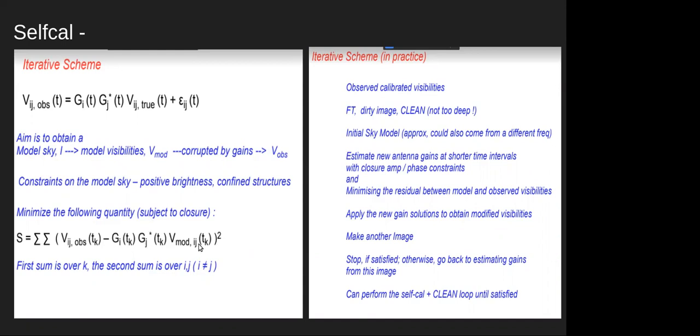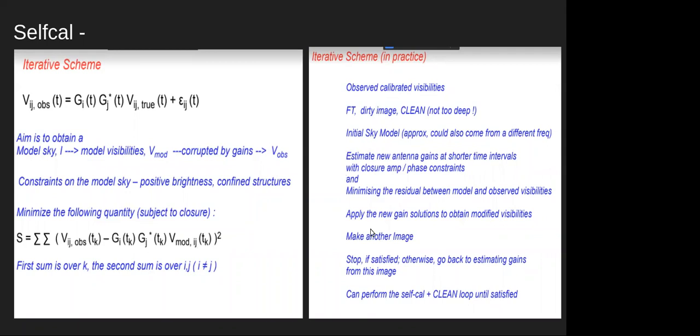The key is that you should have a good model, right? Other than that, this algorithm should fail. This algorithm will not work if you do not have a good model. That is the basic purpose of self calibration. You made a first image which is very good, and then based on the model created from the first image, you start your self calibration loop.